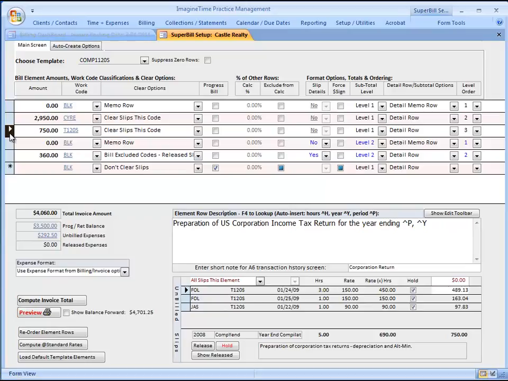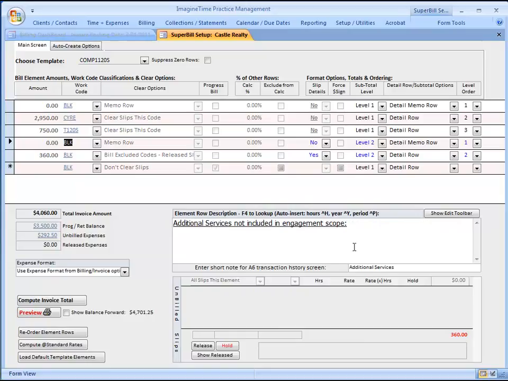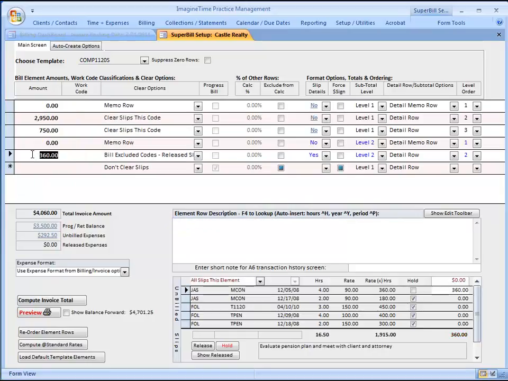Our third row is for tax services, and we're using our replacement parameters in here that put the period and the year in instead. And then we have another memo row as a gateway for the additional services. And then finally on our additional services,